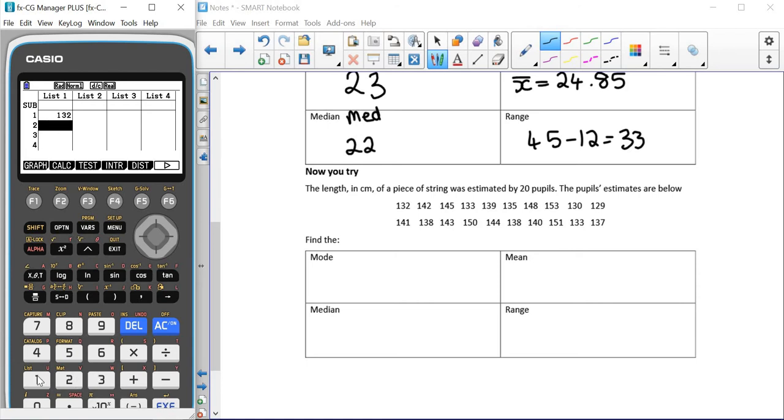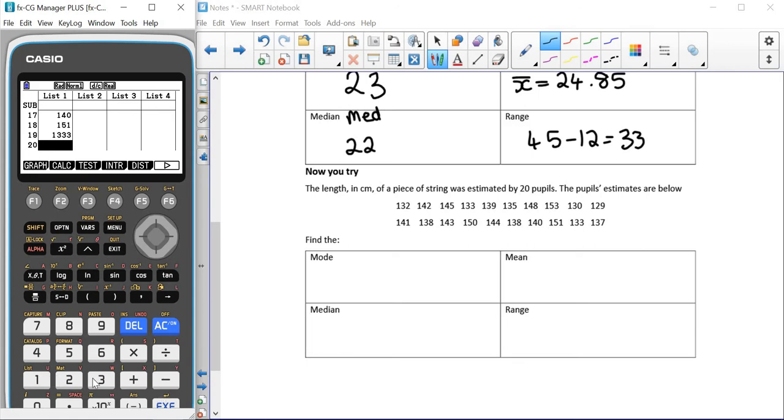So that's 132, 142, 145, 133, 139, 135, 148, 153, 153 sorry, 130, 129, 141, 138, 143, 150, 144, 138, 140, 151,